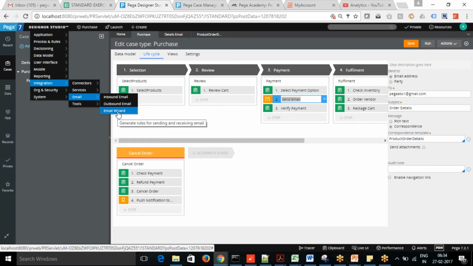Okay. So this email widget is useful for what? I mean, only after doing this send email we can do this, or that is different? No, first see. If you have created an application, right? It needs to connect to some email server, right? So that actually we are doing. We are connecting your application to an email server.